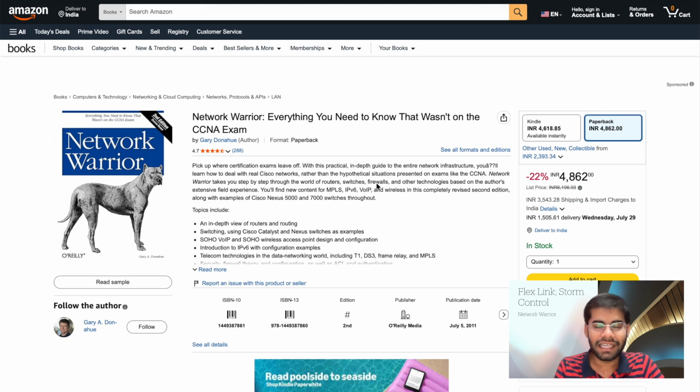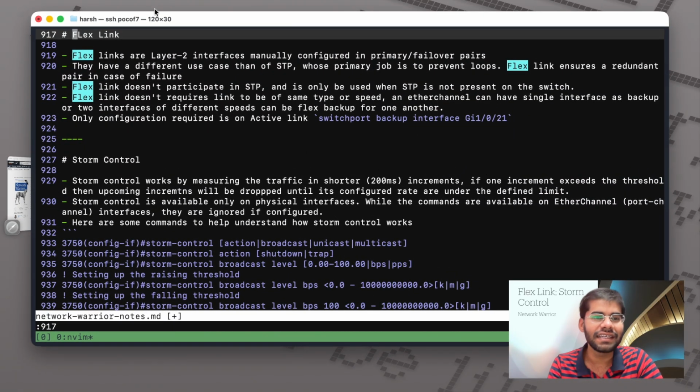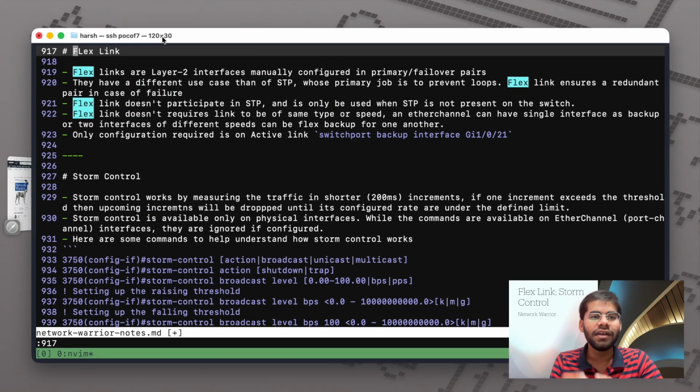But this book certainly does have some practical explanations that we will use in day-to-day lives, and it will aid in our troubleshooting steps. So you have already known that I'm not covering this book from cover to cover, but only making notes and points that I feel it is necessary to understand. So let's search into my phone, which is Poco F7, as you can see here, and start from the FlexLink